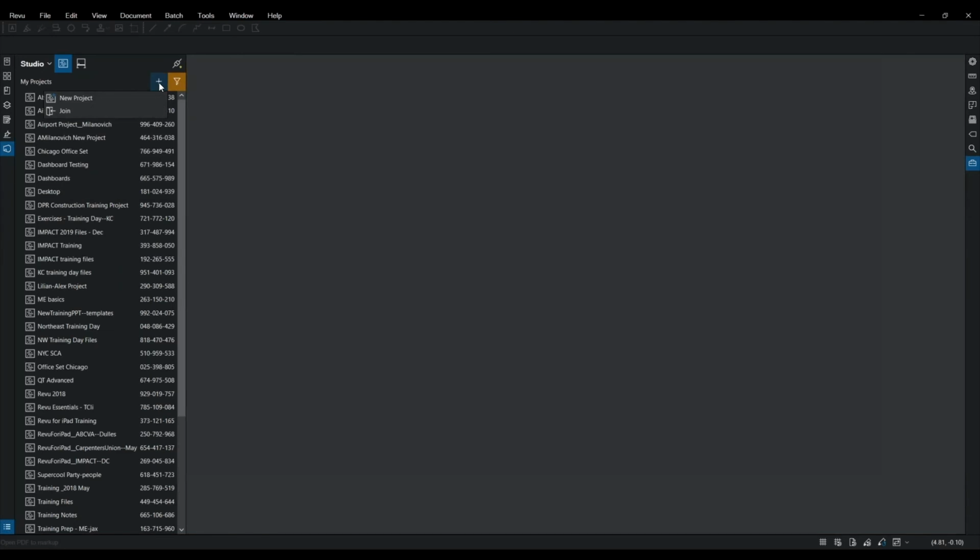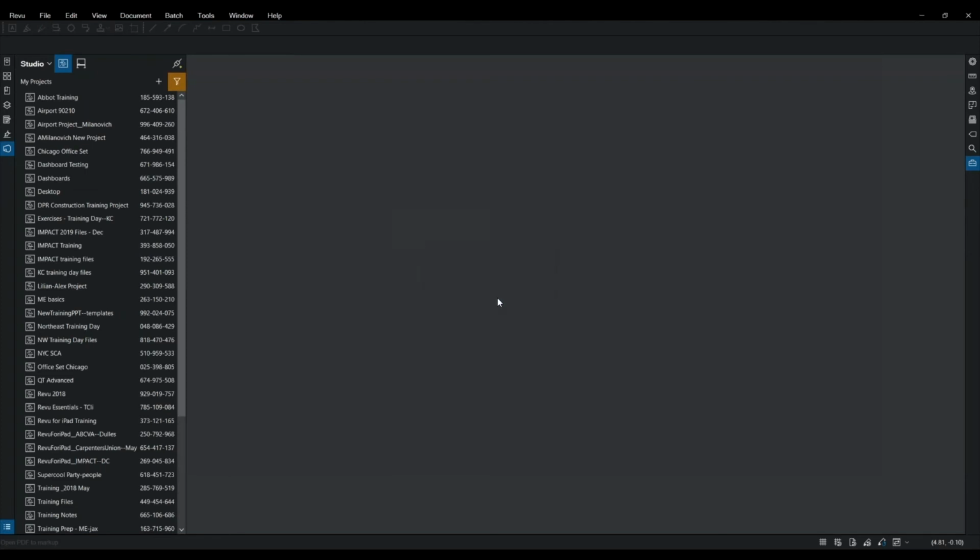The way we're going to do this is if I left click on that plus sign, I have that option for new project. If somebody had sent me a 9-digit code, I could select this option that says join, type in that 9-digit ID, and it would open that project up. But for now, we're just going to click on new project. As soon as I do that, it's asking me to name my project. I'm going to get really creative here and just type in webinars from home so I know where this came from. And I'm going to go ahead and click OK.